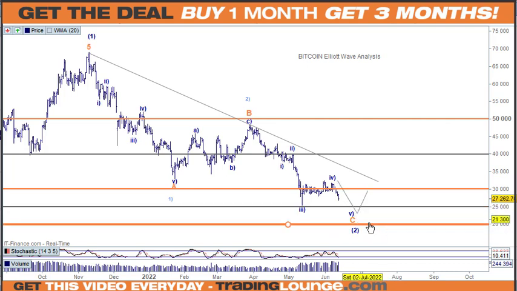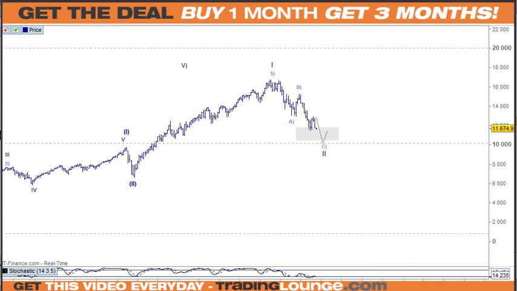I won't go into it here though, but this low here for the Bitcoin could also be the A, the B and the C here for the NASDAQ as well. They've had the same turning dates here, here and here. And yeah, so that's Bitcoin. So what I'll do now is I'll have a look at the bearish count while we're here. I just wanted to explain that low, and then we're also going to have a look at how I've counted that down here, because that also needs to be